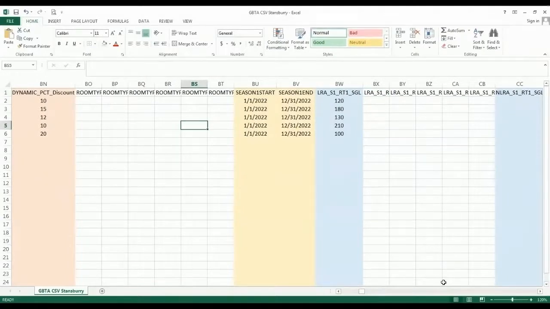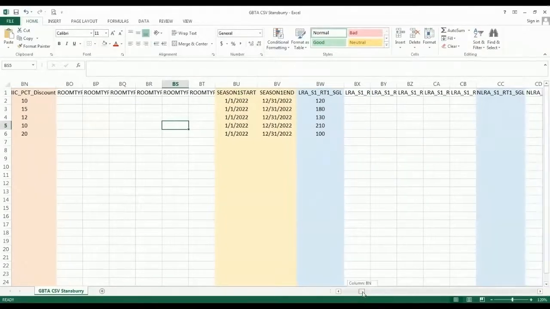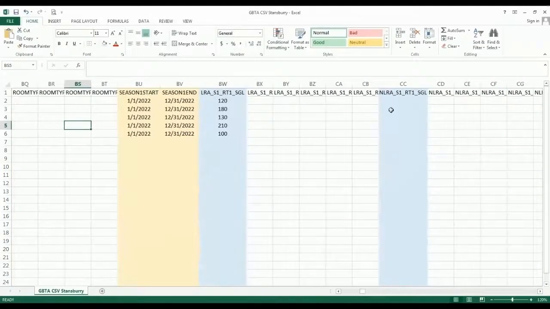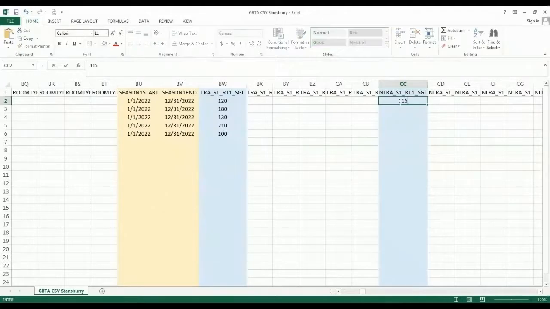Next column is CC. Now, just real quick, I'm going to add a single standard NLRA. There you go.